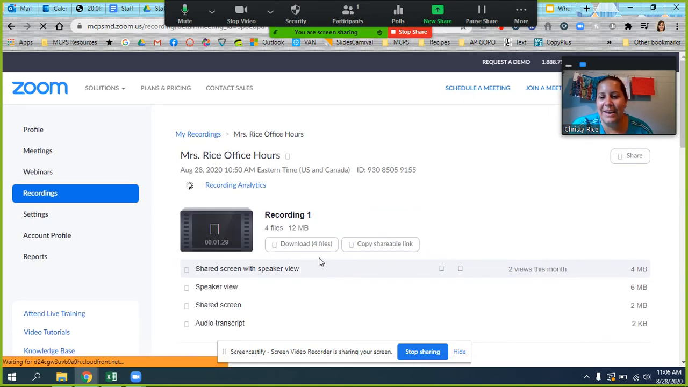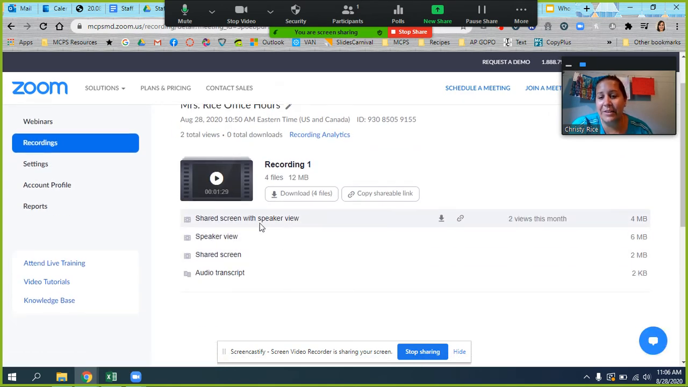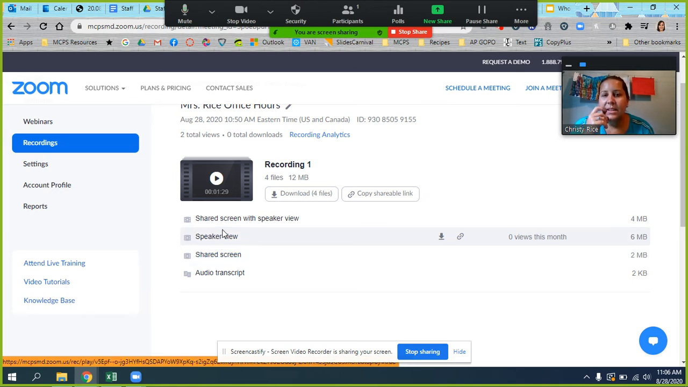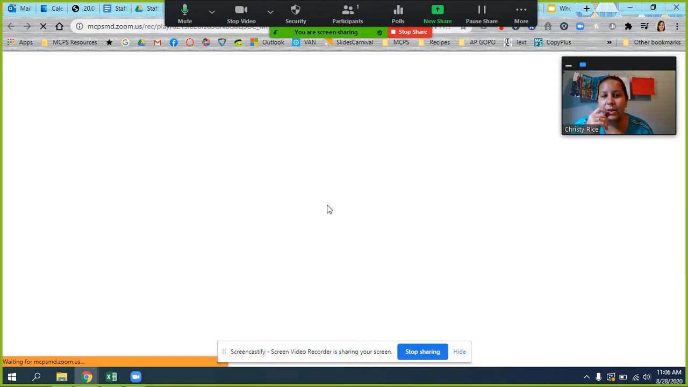When I go to the recording of my class, I have options: shared screen with speaker view, and shared screen. So shared screen is only going to show what I projected. It's only going to show my slides. I'm not going to be here as a little talking box. So this shared screen with speaker view,